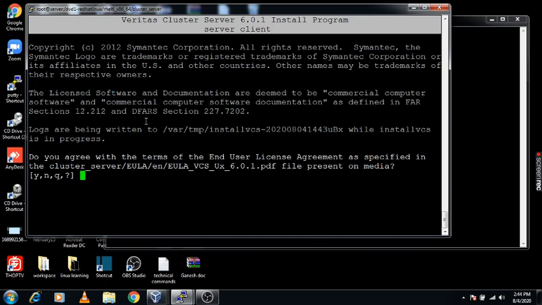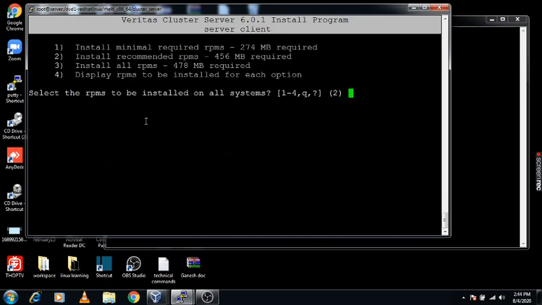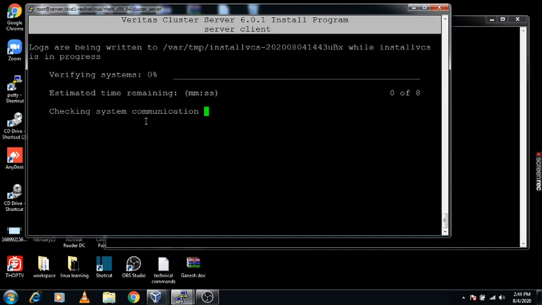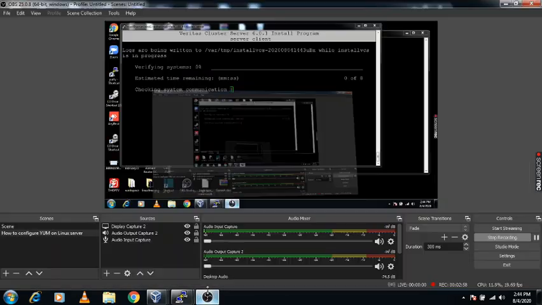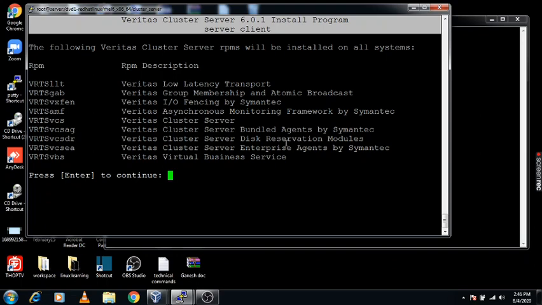So now we are going to install our Veritas setup. I am just clicking on yes. It is asking for license. Now it is checking for the recommended RPMs. Now it's asking to install the required RPMs.